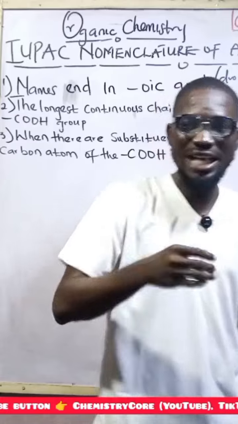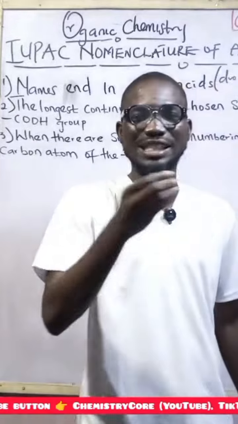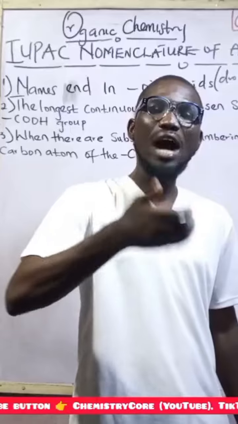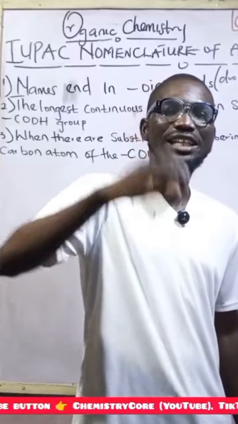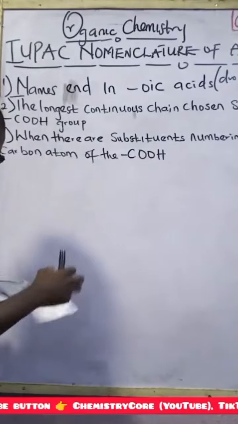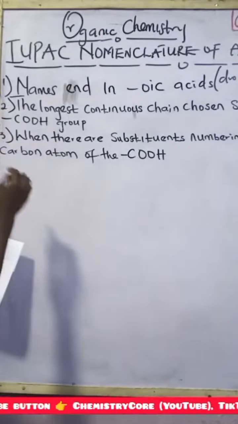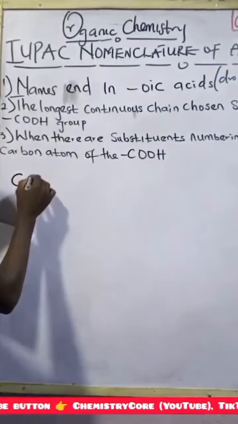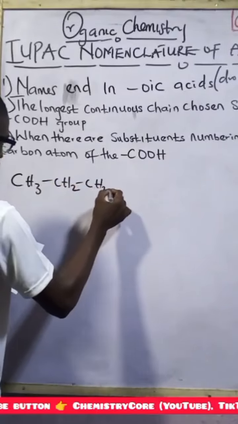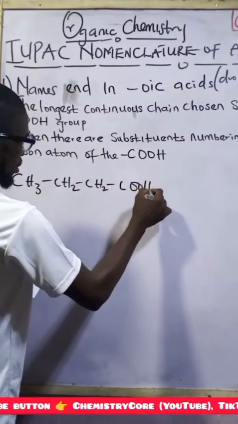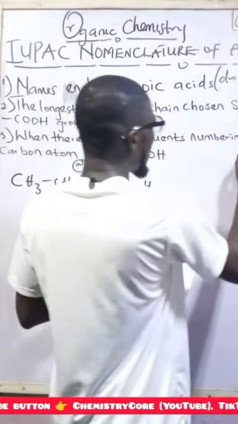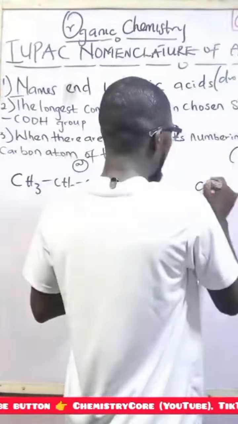Is that clear now? So guys, let's take a look at some examples under the carboxylic acid and how we can easily apply the IUPAC rule to it. The first compound we take a look at is the first one, CH3CH2CH2COOH. We have A, B, I have CH3,